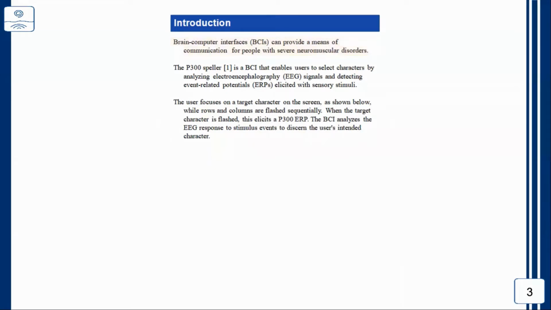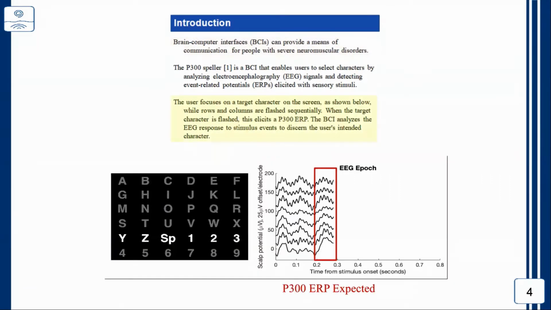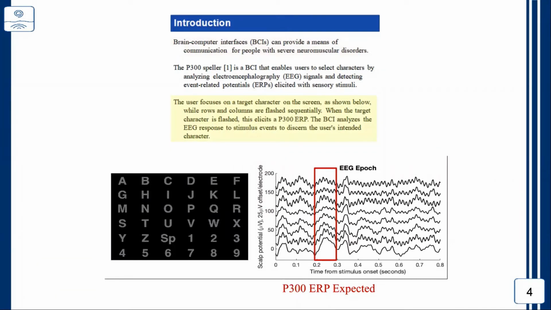With the P300 speller, users focus on a character shown on the BCI interface, such as the one in the bottom left corner. The rows and columns are then flashed sequentially such that when the target character is flashed, a P300 ERP, or event-related potential, is elicited in the electroencephalography or EEG response. The BCI then analyzes the EEG data, such as that in the bottom right corner, to determine the user's intended